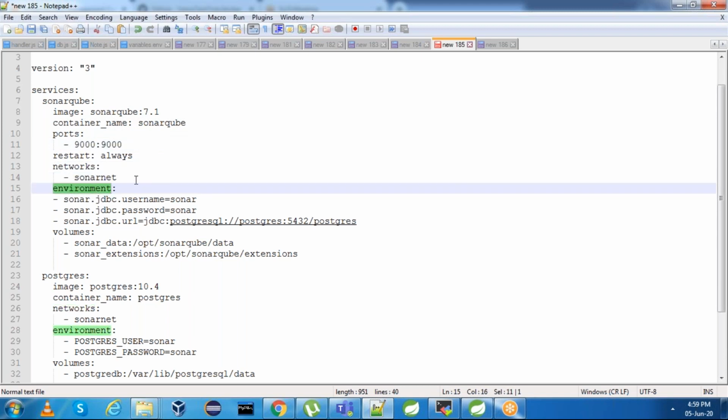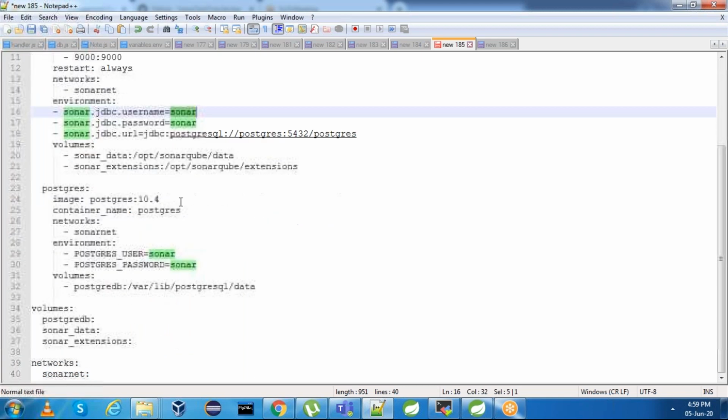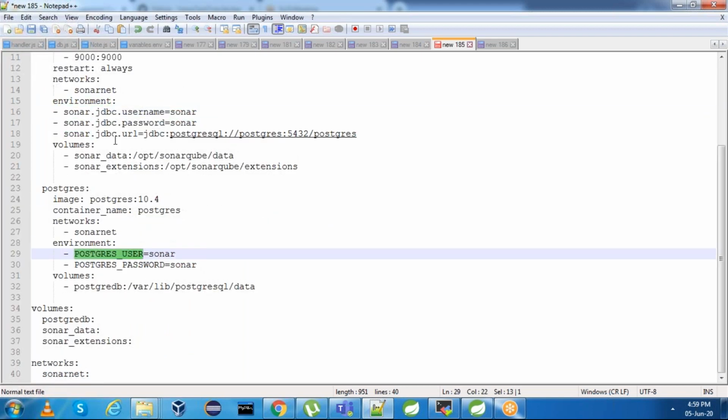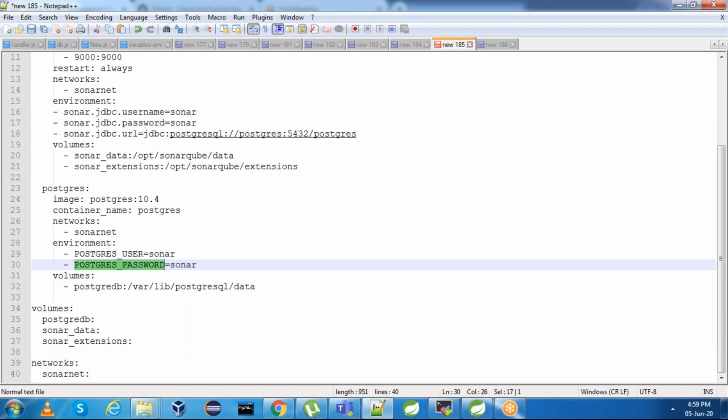environment. Basically SonarQube, as I said, has to connect to the database. For that reason we need to specify three attribute values. The first one is sonar.jdbc.username, which is Sonar, will depend on this Postgres user. sonar.jdbc.password Sonar, which will depend on Postgres password. And another one is